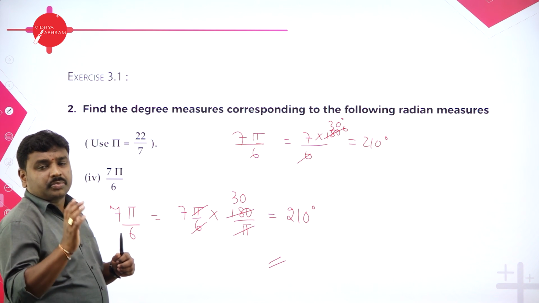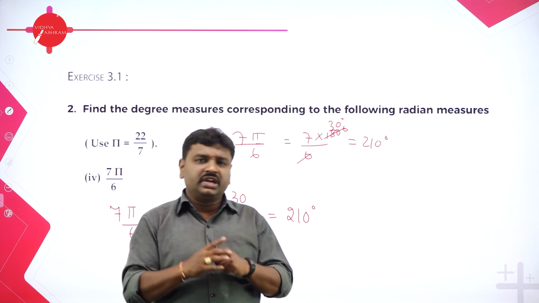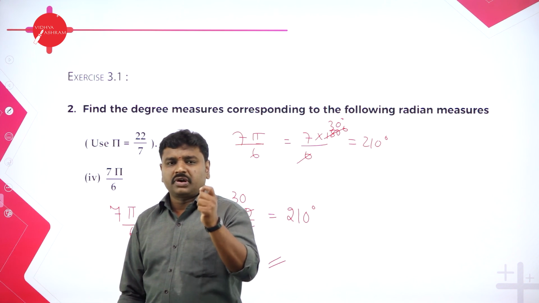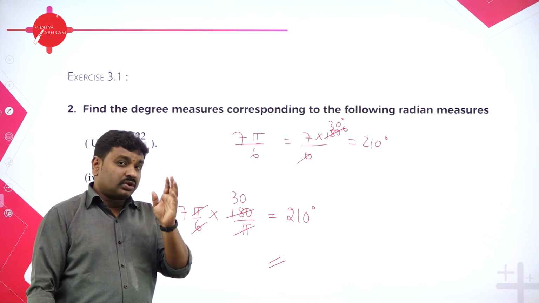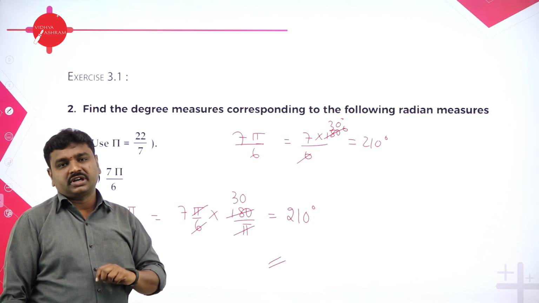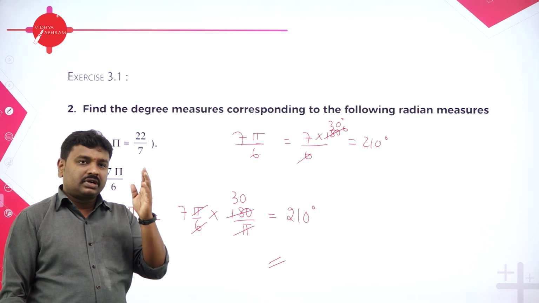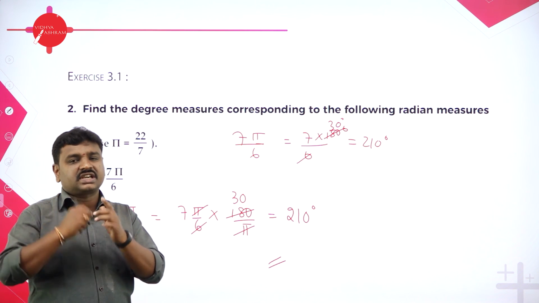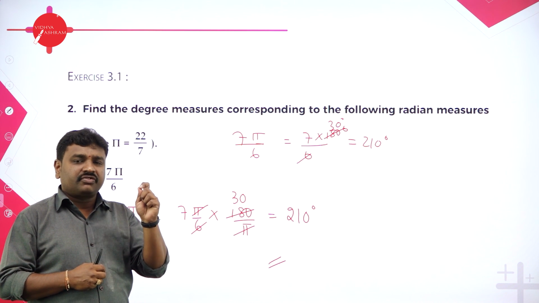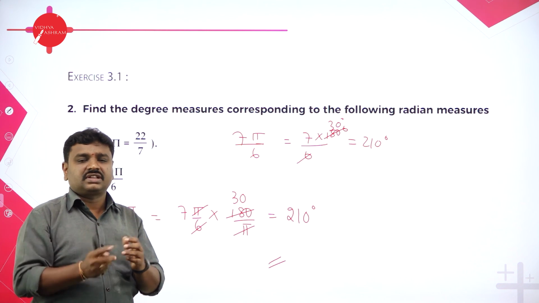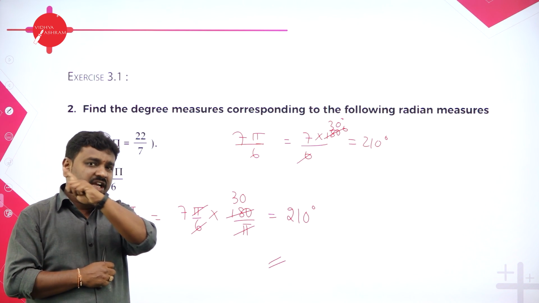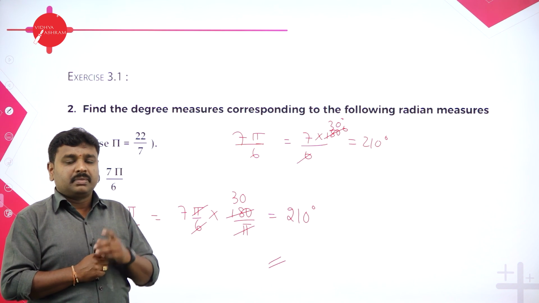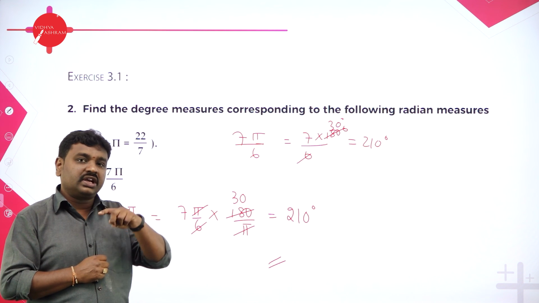So all the problems, conversion of degree to radian, radian to degree I taught you. In my next session, some word problems depending on measurements are there. We'll go ahead with the same. I hope all of you understood this. So we use division method to convert the fractional part to minutes and seconds. That is most important. 1 degree is 60 minutes, 1 minute is 60 seconds. And by division method, you can write the given fraction as quotient plus remainder by divisor. That is the basic we took. And pi radians is 180 degree. If you want to convert degree to radian, multiply pi by 180. If you want to convert radian to degree, multiply 180 by pi.